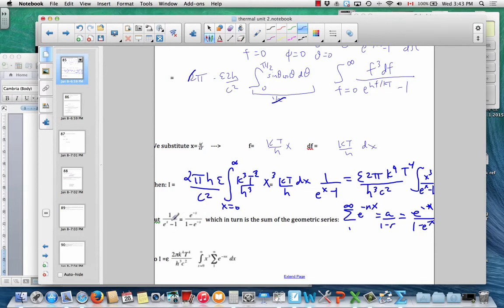So we can replace the integrand, which is this or this, with this infinite sum. And that's what we've done down here. Now, we can switch the order of the summation and the integration. And so now we want to know what is the integral of x cubed e to the minus nx dx. And we're going to do that integral by parts, because when we make this u dv,